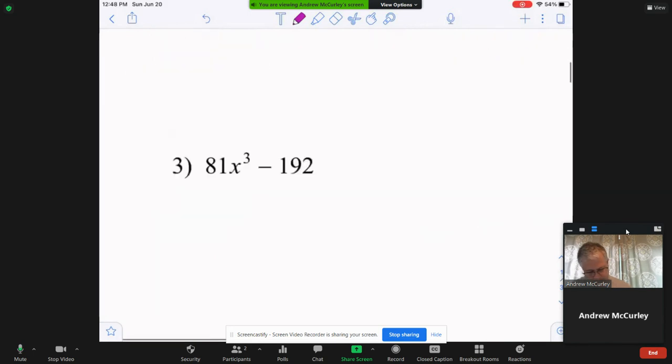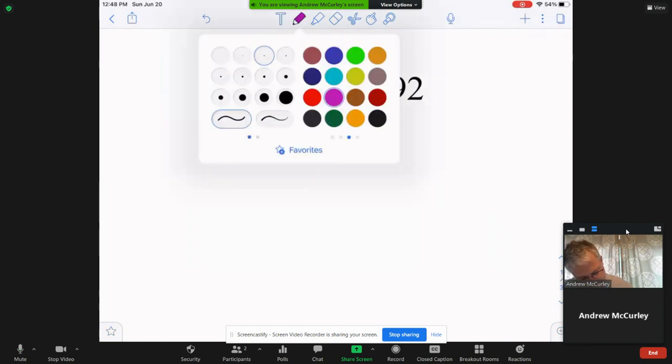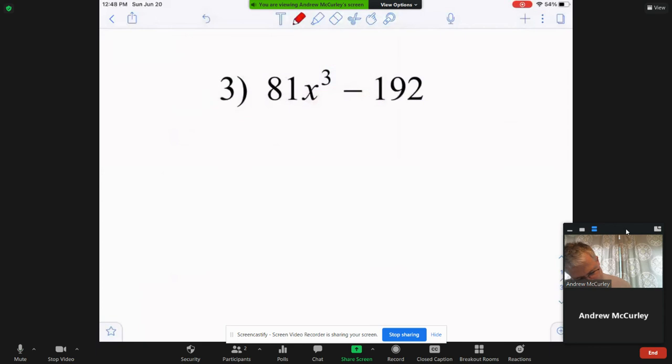Tell you what, let's take a look at number 3. What do I always look for first every single time? I look for a GCF. Every single time. So is there a GCF in this one? Looks like a 3 to me. 9 doesn't work. It looks like a 3. So we pull out a 3. Let's divide these by 3. And that's going to be 27x cubed